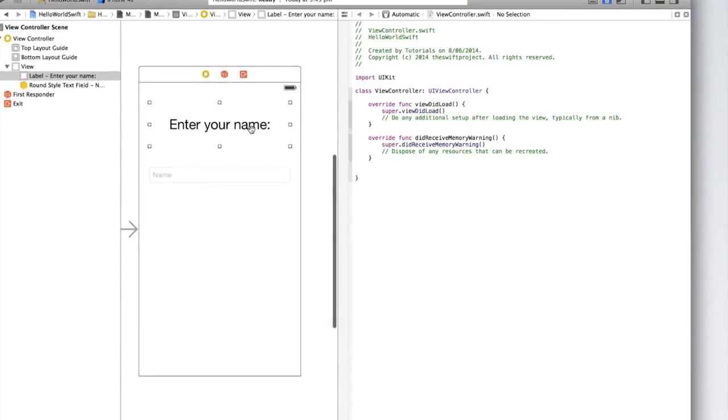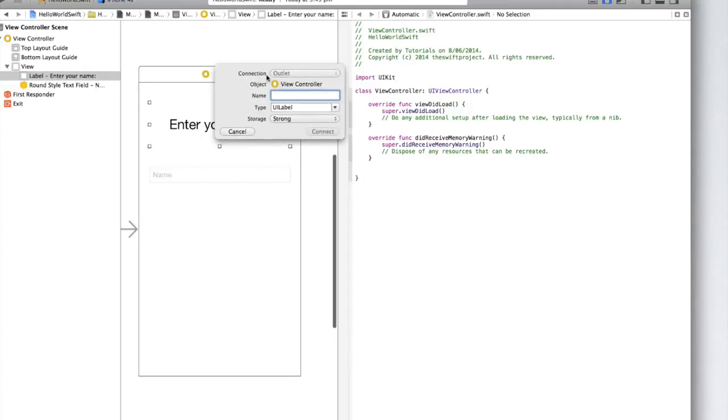So right click or control click on a Mac, from "Enter your name" to the view controller. You'll see a blue line will appear with two dots on the end, and a blue line will also appear in the view controller. We want to drag that line in between class ViewController: UIViewController and override func viewDidLoad. Then let go. You'll see that the connection by default is an outlet, and we can't change that for the label. Let's name it nameLabel,